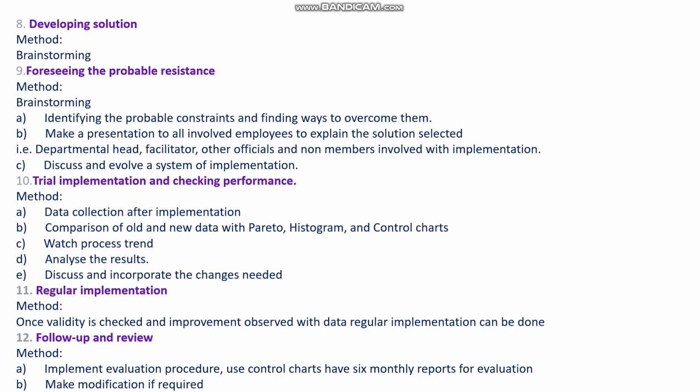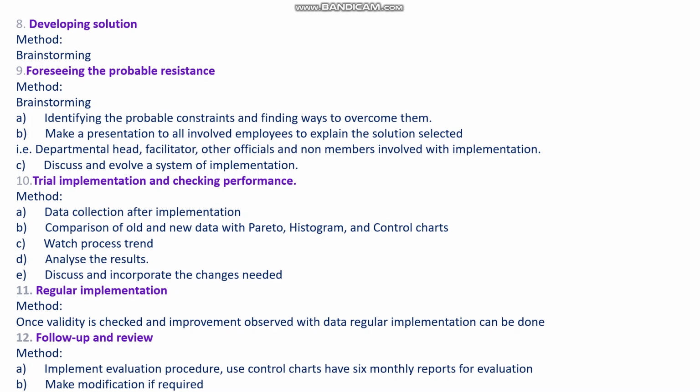After developing the solution, you have to find probable resistance. There will be a chance of other departments opposing this, or sometimes management will not be willing to implement your solution. So these are some probable resistance. You have to identify this, then find ways to overcome the resistance. After that, we have to give a presentation about your solution to the department head, facilitator, other officials and non-members involved in the implementation. Then we have to implement